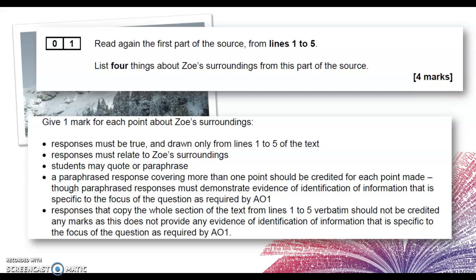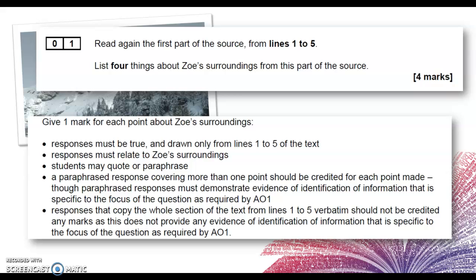Okay, but the information that you include has to be precise enough, and that'll make more sense when we have a look at some examples in a second where people haven't perhaps got the mark because they weren't precise enough. Now, if you decide that you think you found a loophole to get 4 out of 4 on this question by just copying down all of lines 1 to 5, because surely there will be at least 4 things in there from Zoe's surroundings,